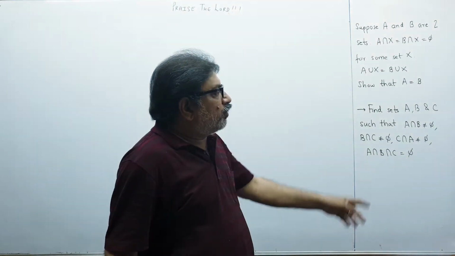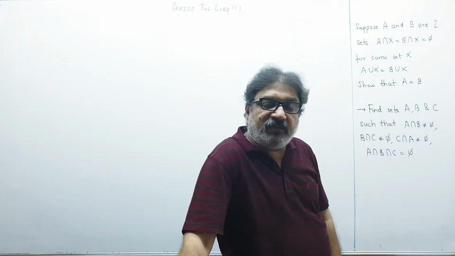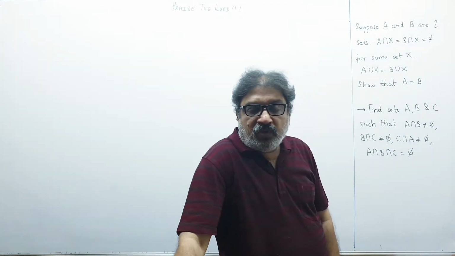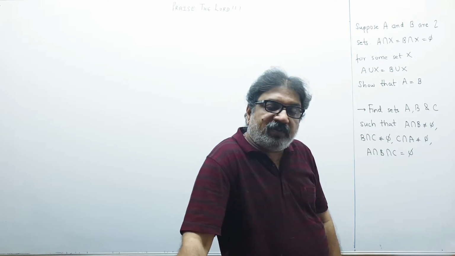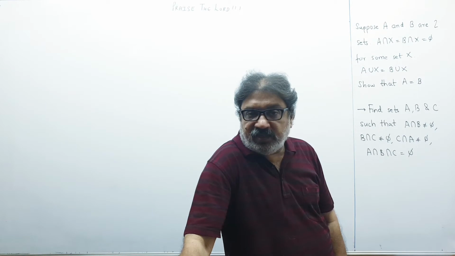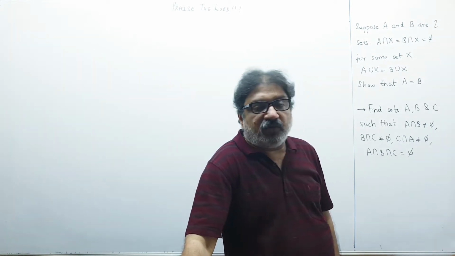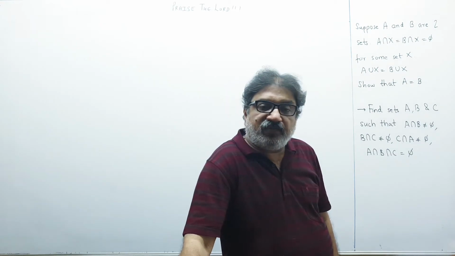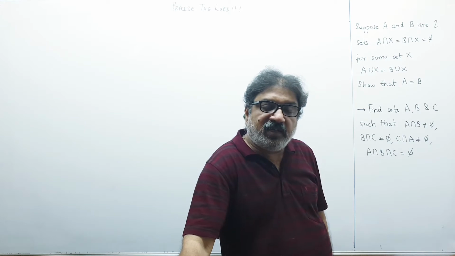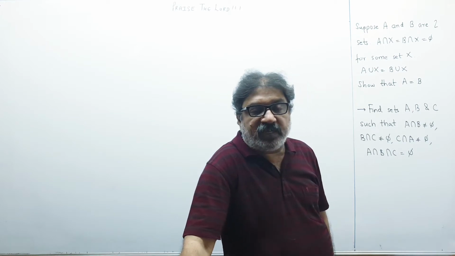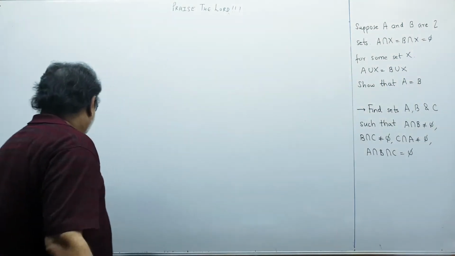So children, if you have to prove two sets to be equal, I have told you that first we prove A subset of B and then we prove B subset of A. To prove A subset of B, we will take some element in A and show it is present in B, therefore A subset B. Then we take some element in B and show it is present in A, therefore B subset of A. And therefore A subset B and B subset A implies A equal to B. That will be our strategy. That has been our strategy always whenever we want to prove two sets to be equal. So we begin over here.